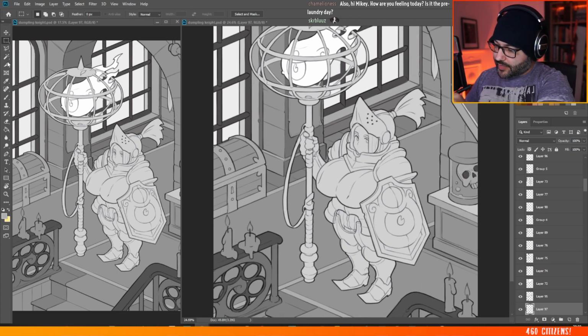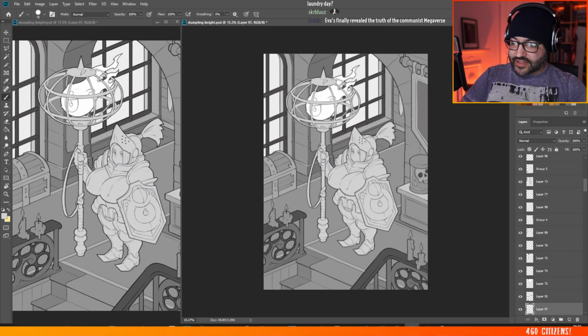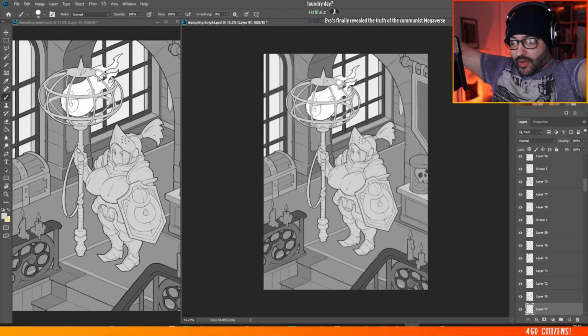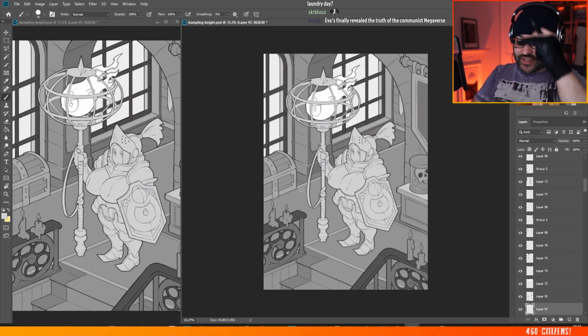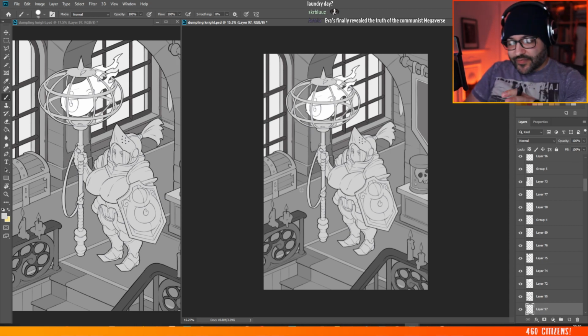We're just vibing along. We are playing around with some different designs for our dumplings, who we're doing an isometric dumpling night. This is something we were playing with a while ago. Now I'm just adding some flat values to give myself a sense of tones. Is tone the right word? Well, sense of value and separating out the elements. It's relatively simple,